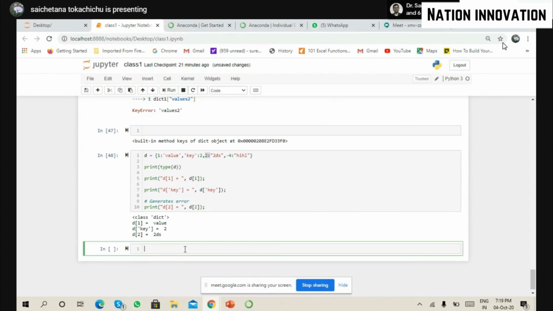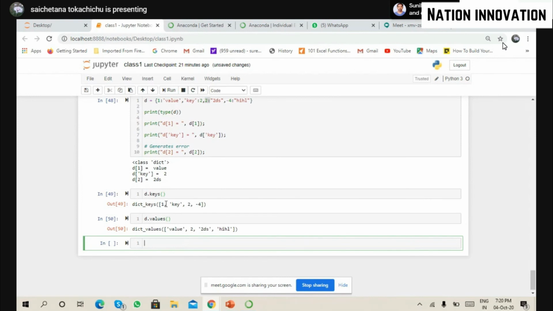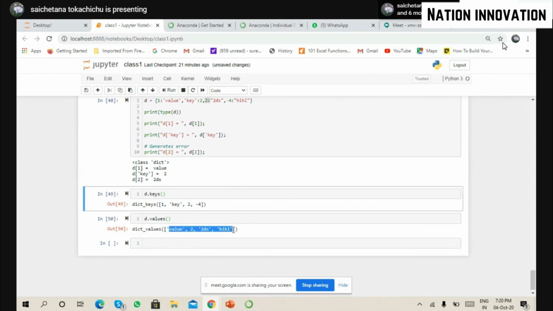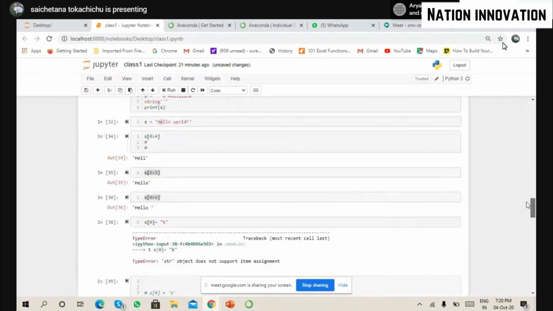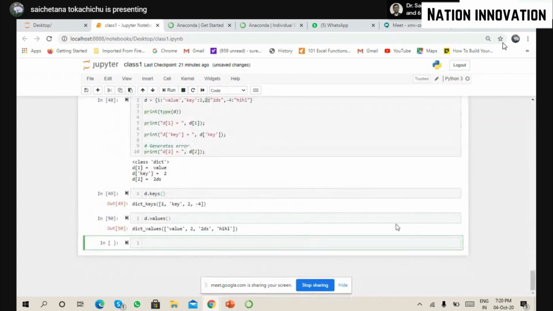One more thing. What I was trying to tell you before is if I want to find out what are the keys and what are the values which are there, how do I do that? dict1.keys. Through this we get all the keys. In the same way, if I want to find out all the values stored in my dictionary, I call this. So this is how you can access all the keys and all the values. Great. So these are the different data types which we deal with in Python majorly. This is about the data types.